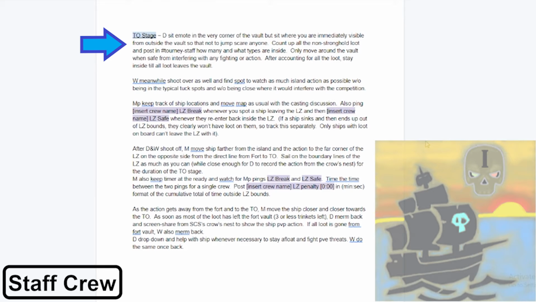So the doubler, once set up, counts up all the non-stronghold loot because we know what kind of stronghold loot we get from regular forts, but the RNG aspect comes in with the other loot that isn't stronghold. Once the doubler has this information, they post it in the tourney staff, how many and what types are inside. The doubler can also screenshot this in order to make sure that there is some kind of information, even if